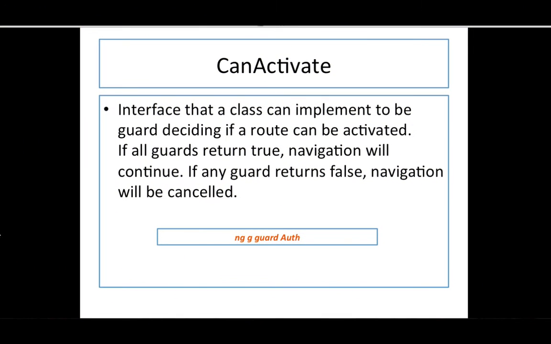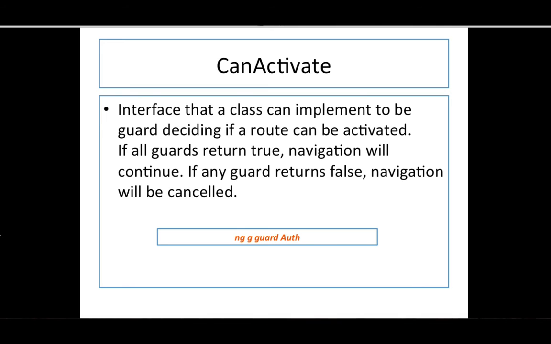All guards in Angular are interfaces that a class can implement, and CanActivate is basically used if we want to check whether this route should be navigated or not. So it means in the CanActivate guard we can put our logic to decide whether the requested route should be activated or not. We decide that with the help of its Boolean value. If it returns true, it means the requested route can be visited, otherwise not. In Angular we can use the generate command to create guards. So ng generate guard and the guard name.